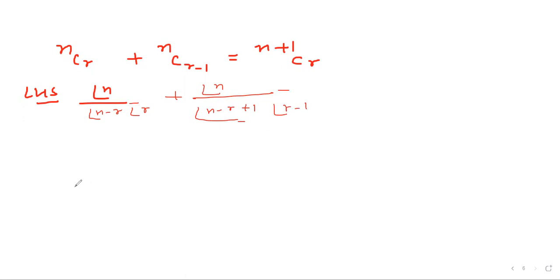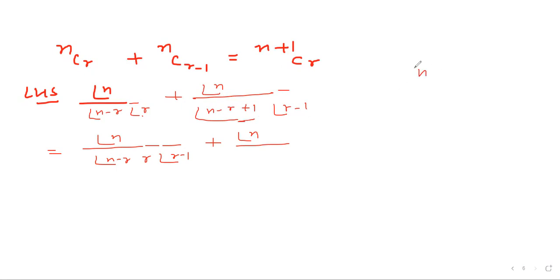So further we write it as factorial N divided by factorial (N minus R), and this factorial R can be written as R times factorial (R minus 1), and plus factorial N divided by, here this can be written as